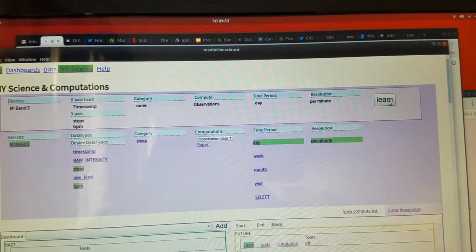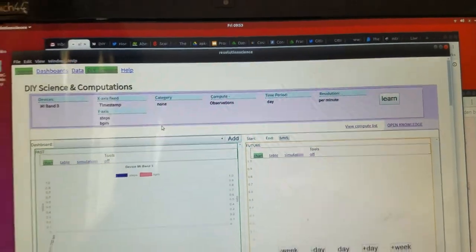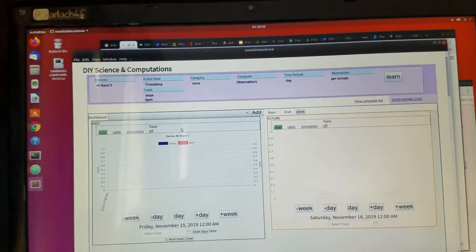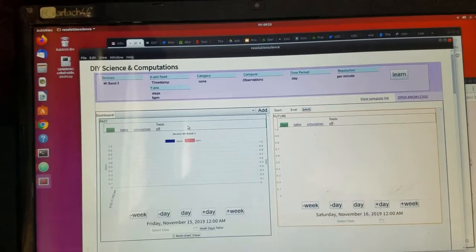And then you just learn, and because there's no data, I haven't worn it for more than a minute, so anyway,